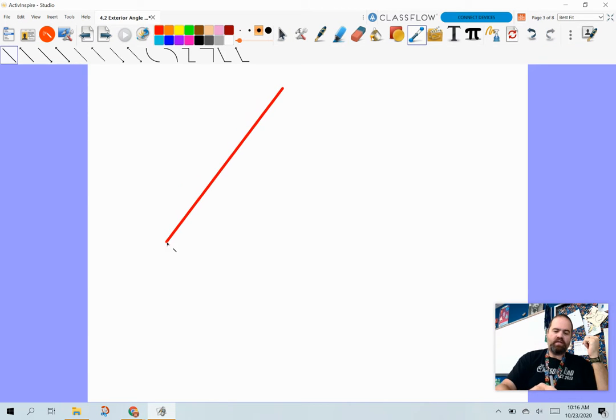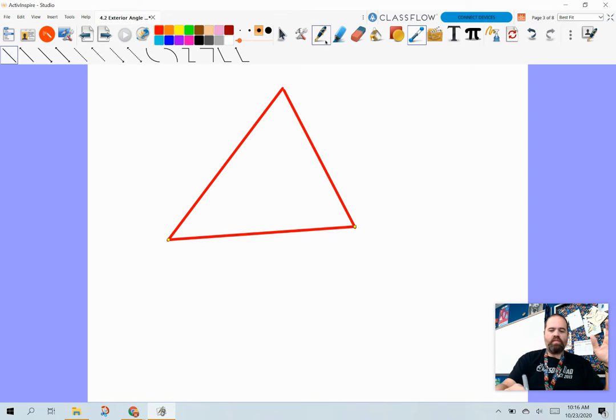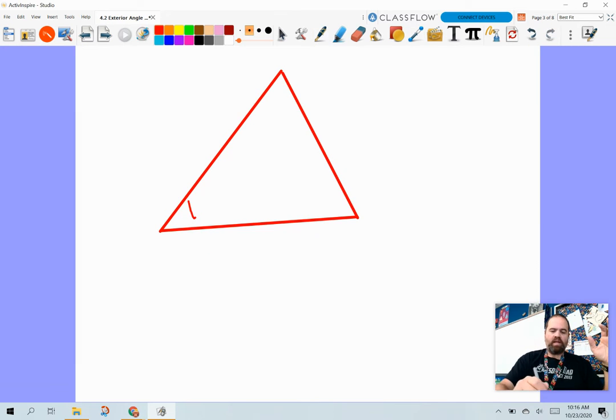So we've got our triangle that we have dealt with before, right? Just last week we talked about these. And I know that the three angles in that triangle add up to 180 degrees. So if I take the measure of angle 1, the measure of angle 2, and the measure of angle 3, I'm always going to get 180 degrees. But what happens is when I introduce